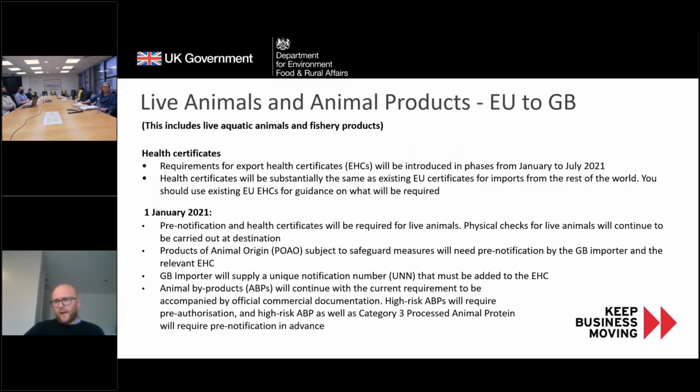Moving on to animals, and again, the changes are phased between January and July. From the 1st of January, pre-notification and health certificates will be required for all live animals. These must be submitted at least one working day before arrival at the point of entry. Any product of animal origin subject to safeguard measures will need to be pre-notified and accompanied by the relevant health